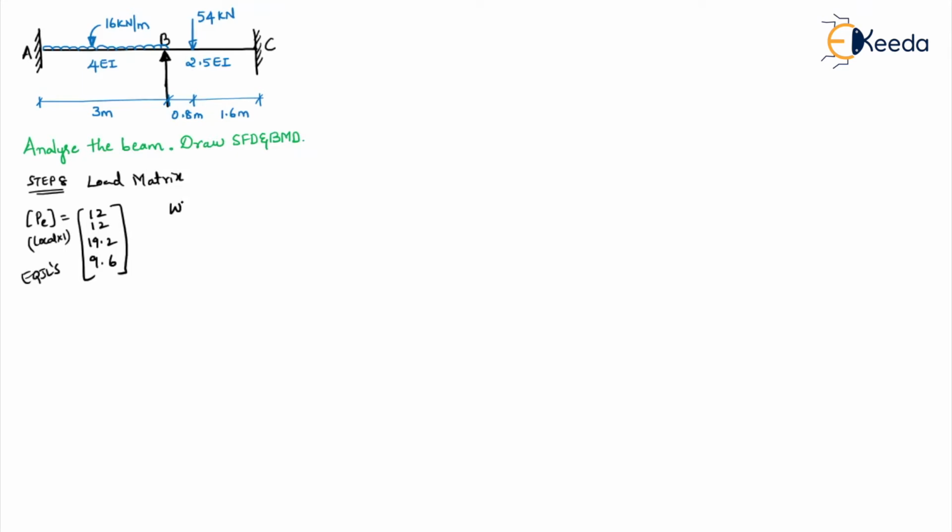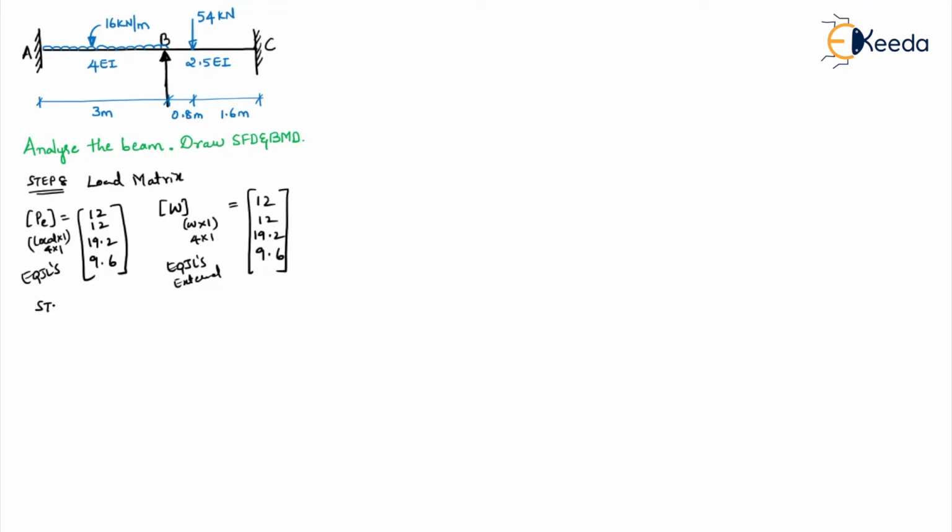Okay. Then comes the W matrix. For W matrix, it is W coordinate into 1. So here also this is 4 into 1. Here also this will be 4 into 1. But here we have to see EQJL and external load if any. Okay, if any external load is there at that particular point, you have to take them. Right, first of all, we'll write EQJLs 12, 12, 19.2 and 9.6. If you observe at A, B, C, nowhere there is any external load. So this PE and W will be same in this particular case.